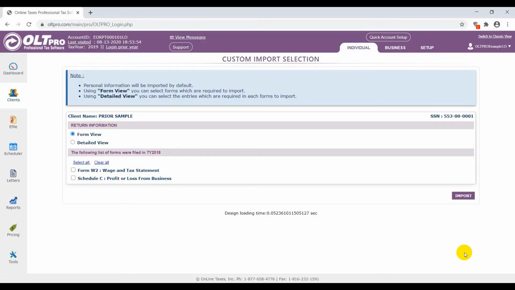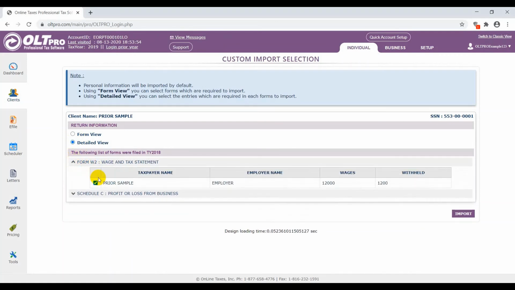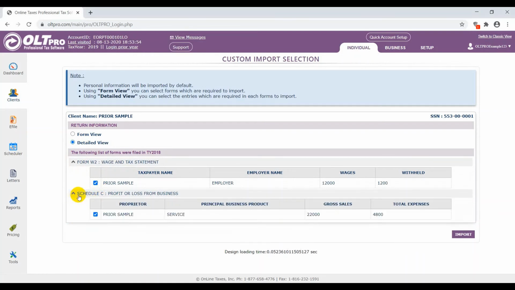Now, when you do a custom import, you can pick and choose. So if you have a return with several parts to it, a W-2, 1099, Schedule C's and E's, you can pick and choose what you want to import or what you don't. So you have a couple different options here of how you want to view the information. There's a form view, which you can see that you have a Form W-2 and a Schedule C, or you could use the detailed view where it gives you a few options here. You can see the W-2s. Here's one that's been entered. If there's multiple, it'll list them below. And it'll do the same with the Schedule C. Now I just have one of each, but if there were multiple, it would list them. You can pick and choose as